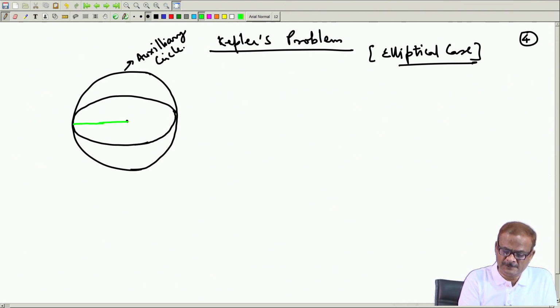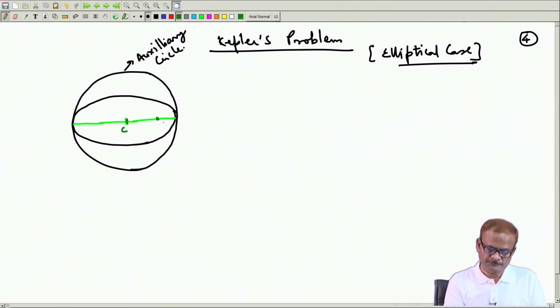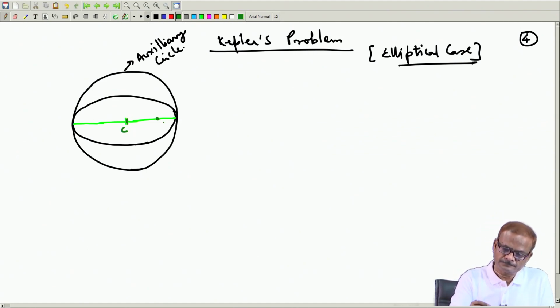This is the semi major axis of the ellipse. This is the center of the ellipse here. This is the center. Focus is lying somewhere here. Okay, and then what we did is that I will shift the focus a little bit to the left hand side to make it more convenient. So, I will write here the focus F is located here.